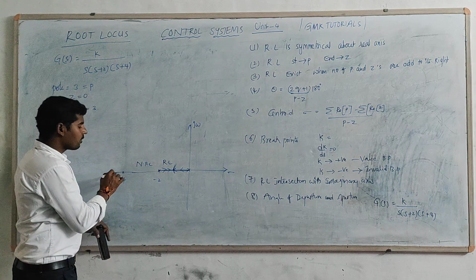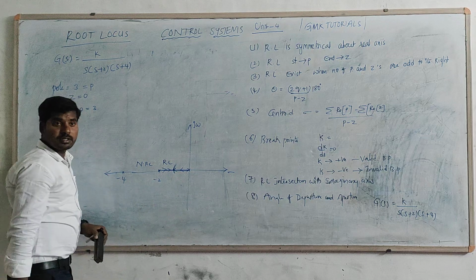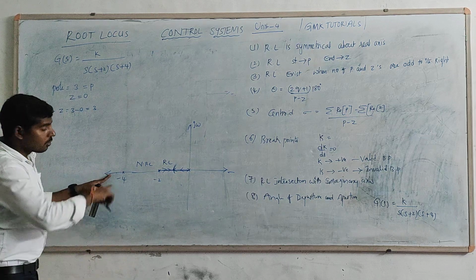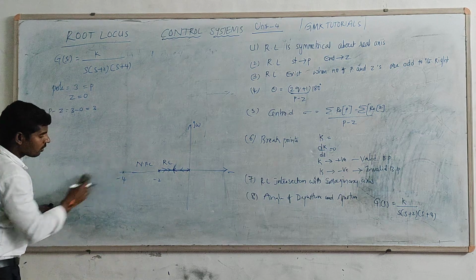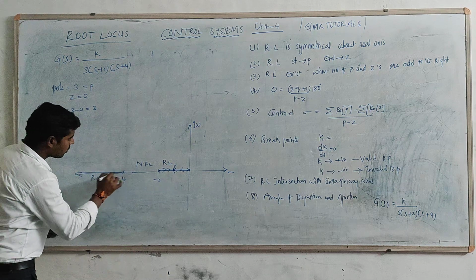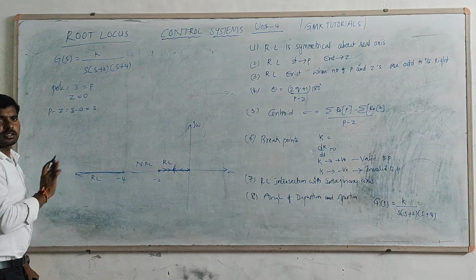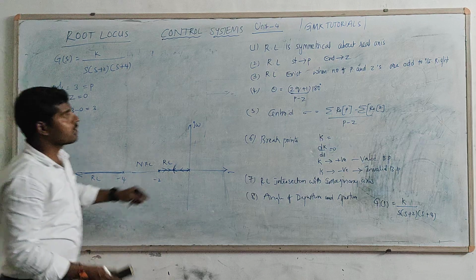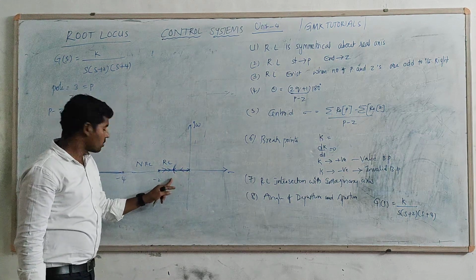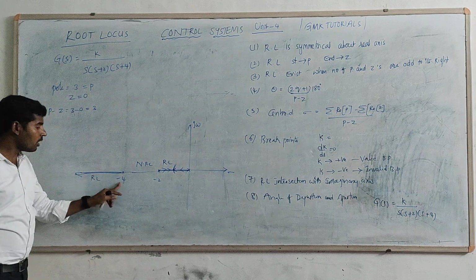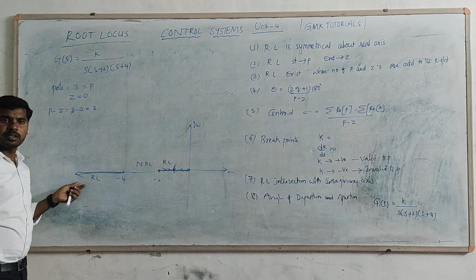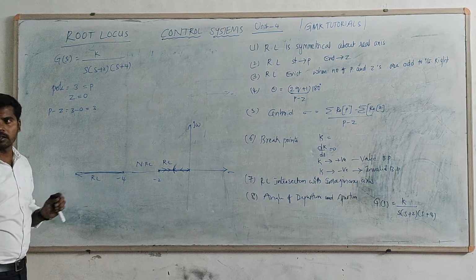So there is a criterion for this: 1, 2, 3. When 3 poles exist beyond the reference point, that is an odd multiple of poles and zeros, there is a possibility of root locus. So up to now it is clear, right? This is just a rough plot only. As per the second statement, root locus starts with a pole and ends with a zero. So in this case also it starts with a pole and ends with a zero. When it approaches infinity somewhere else, then maybe a zero will be there, and at that time it may terminate.